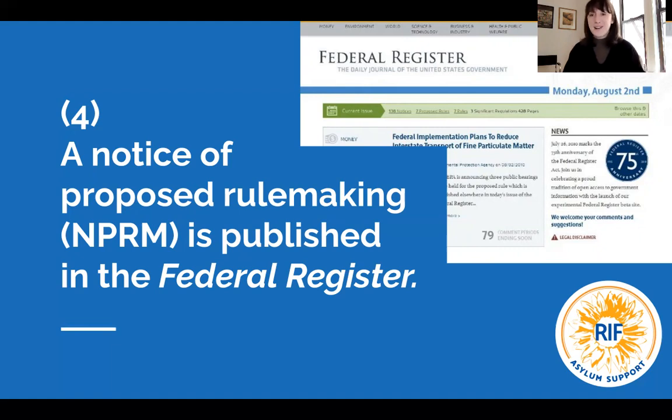What is the Federal Register? We often talk to people who aren't familiar with the mechanics of US government yet, who are always surprised by this. But every US regulation is available for search, since 1994, I believe. The ones that are available electronically are available for search through this website, the Federal Register. It's the electronic depository for all things related to the federal government. So you, as a member of the public, are able to search any regulation and see the history of that regulation